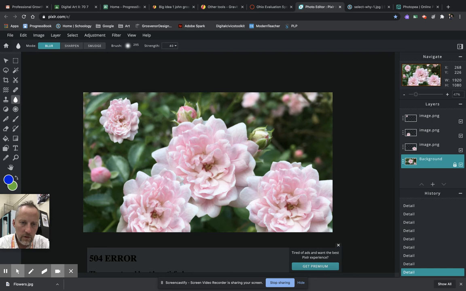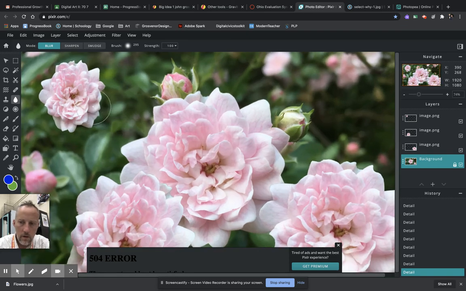And it happens slowly. You can turn your strength up. This is at 40%. But if you turn it all the way up to like 100%, say, and I go in here, you'll see that it blurs much faster. Actually, it's not blurring at all because I'm on the wrong layer, Mr. G. Let's try that again. But again, when you're on 100%, you'll see that it blurs way faster,